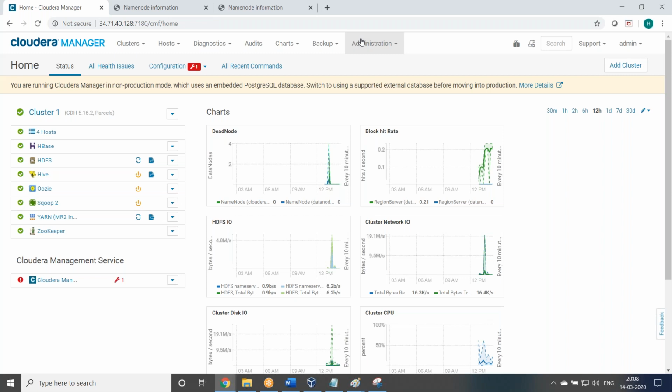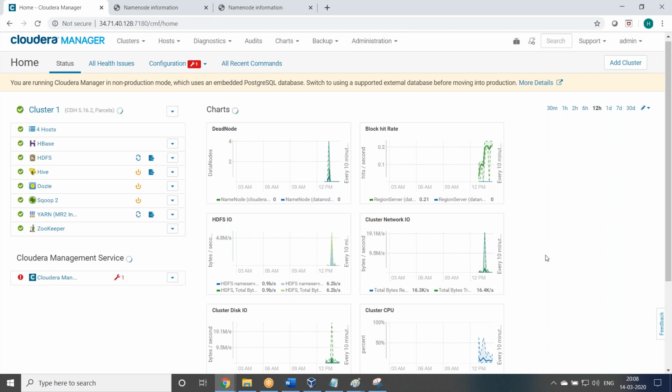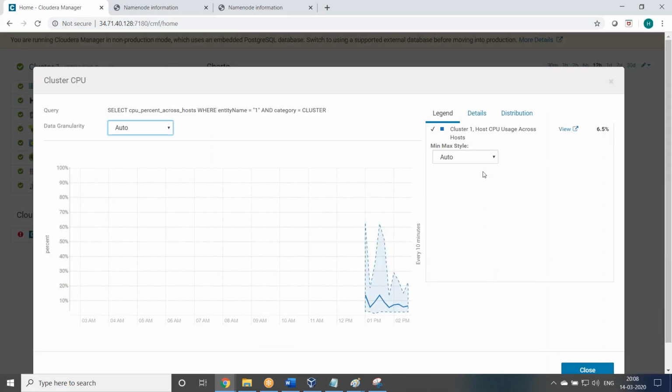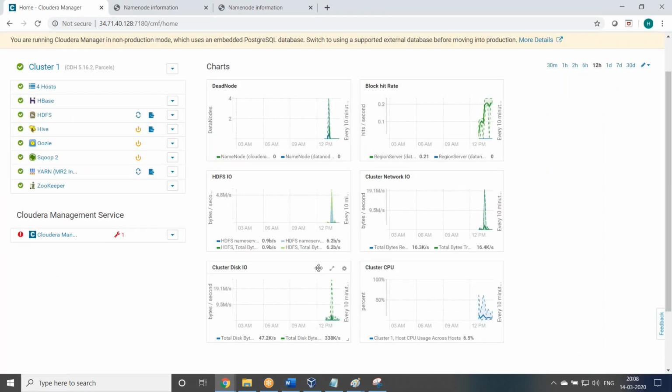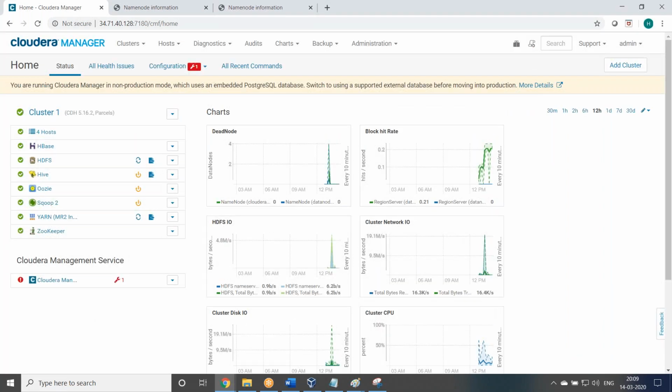But the same way, if you want to try with Go and command line, you have to type several commands and then run the programs, right? That is difficult normally. And this is very easy for monitoring and managing the cluster.